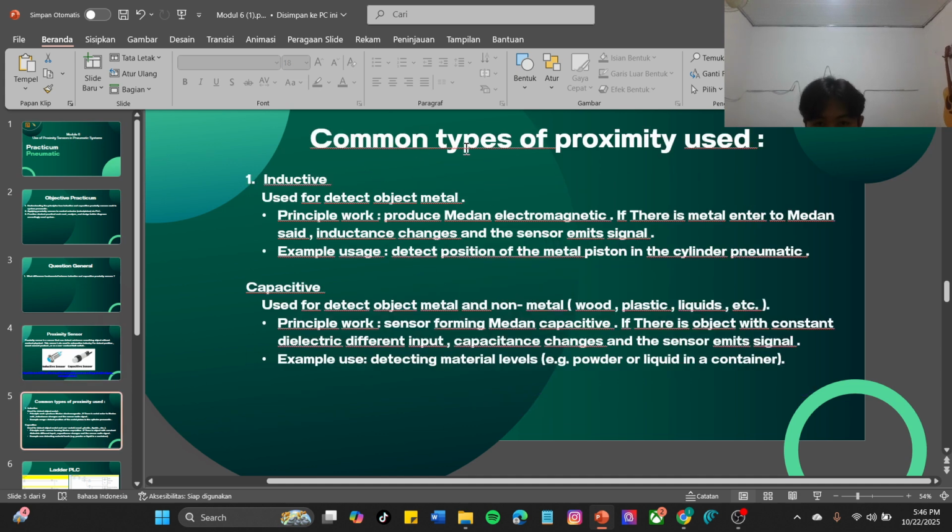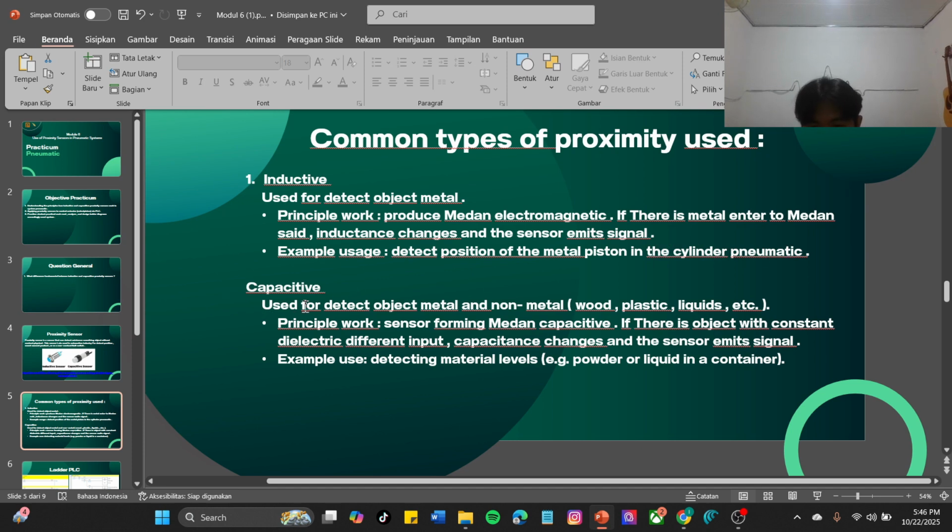Now, the common types of proximity sensors used. Inductive is used to detect metal objects. Principle of work: it produces an electromagnetic field. If metal enters the field, the inductance changes and the sensor emits a signal. Example: detecting the position of the metal piston in a pneumatic cylinder.